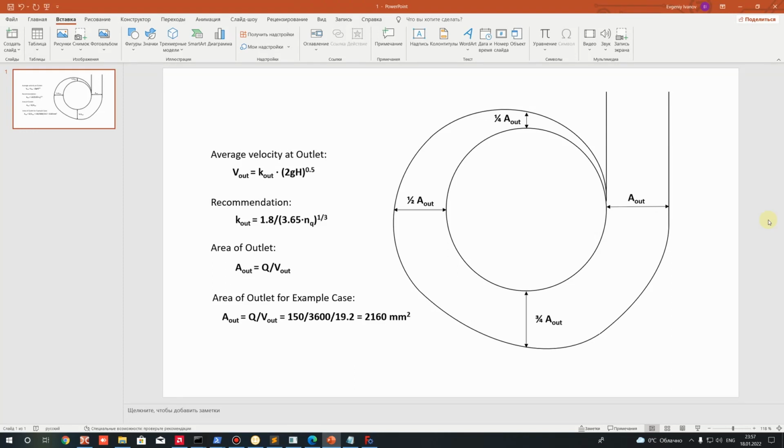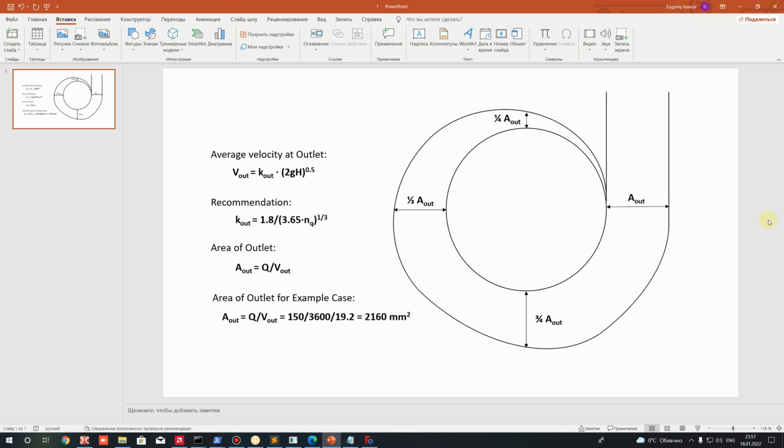Welcome to this video. Today I'm going to show you how to design a volute for a centrifugal pump impeller. This centrifugal pump impeller we have designed in previous video tutorials. You can find it on my channel. It's called OpenFOAM plus FreeCAD design and simulation of impeller pump, centrifugal pump. And today we will take this impeller geometry and create the volute for future CFD simulation in OpenFOAM